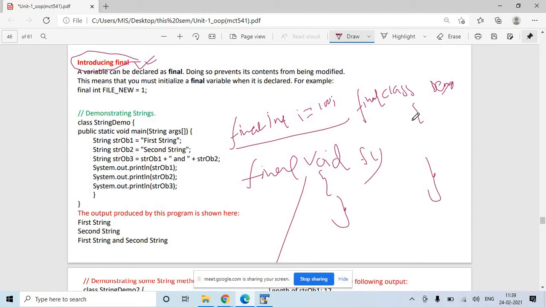Let's say you are writing a program wherein you want the variable value I is equal to 100 once initialized for the first time, and then during the entire course of the program nobody should be able to change that value of I. And if someone tries to change the value of I, you should get an error. Then you will initialize that variable as a final variable. Let's see how it works.